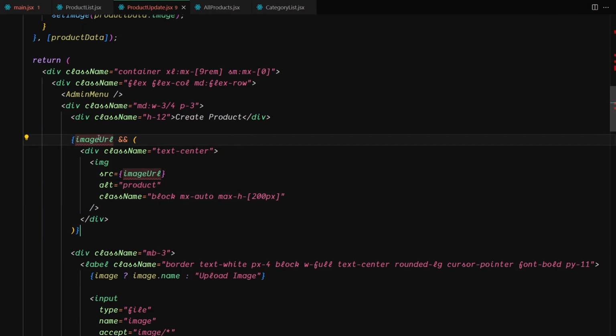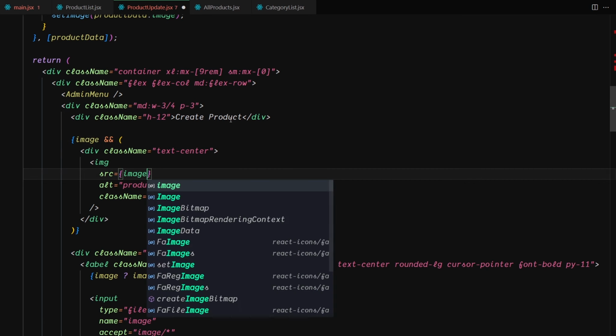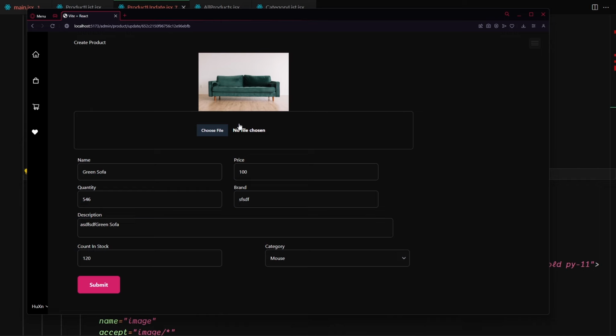Instead of their image URL, I'm just gonna write image, and also the image here. Let's just save that. And here you can see we are also getting this image right here. We are getting every single thing right here. So that was for the submit, but we also want to create one for the deletion and also one for